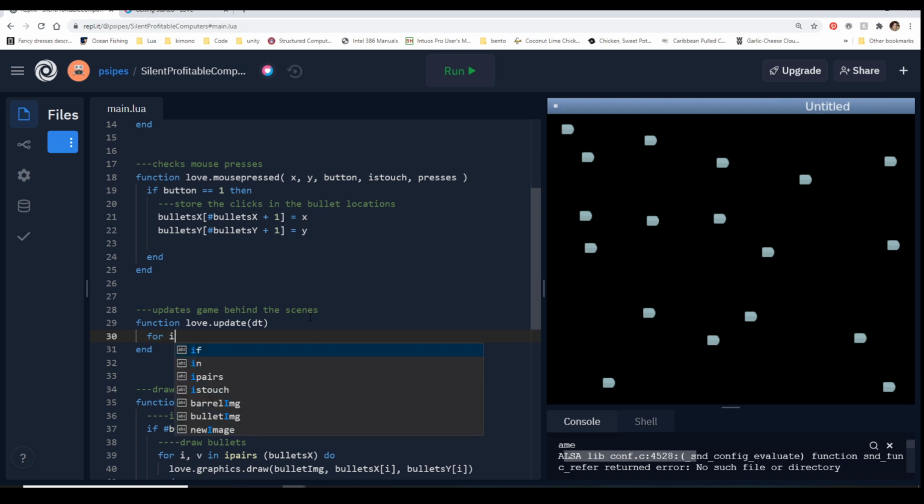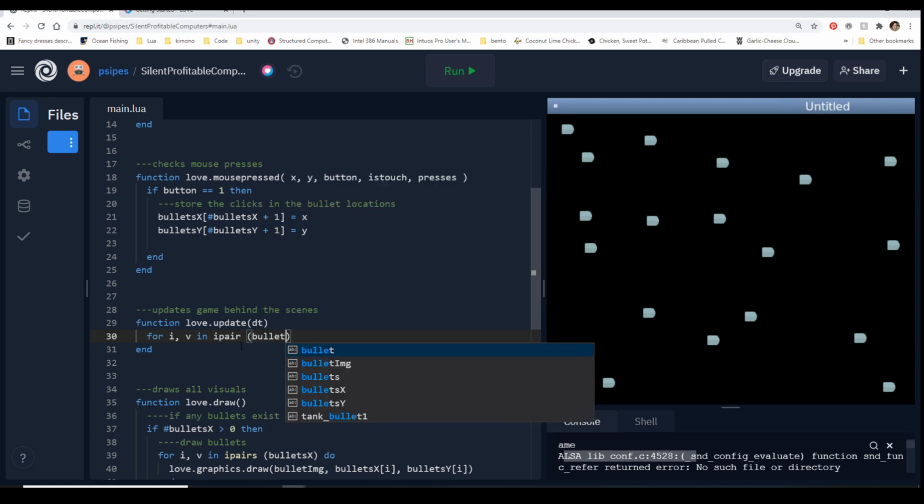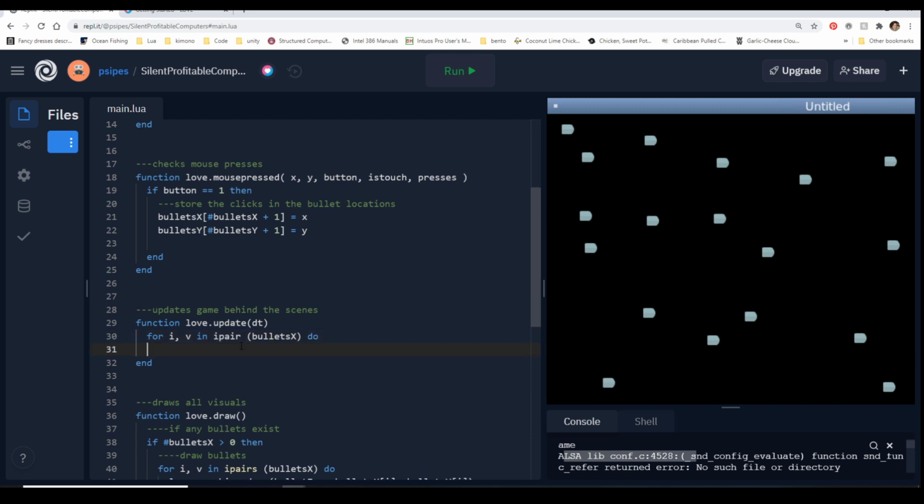So we can say for i, v in ipairs bullets X, because this is in a different function, it's not the worst thing in the world to call this again. You can call it multiple times, as long as you're not looping inside of each other and calling it, it doesn't cause problems. Exactly like what we did with the drawing, we're going through each of the indexes that exist. And what do we want to do?